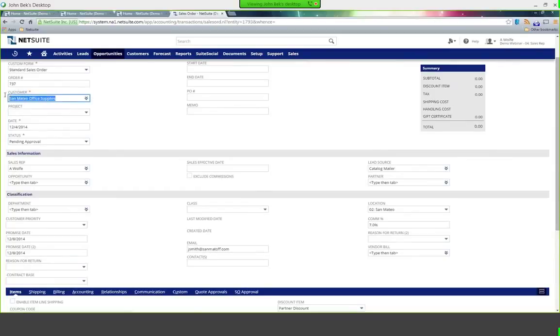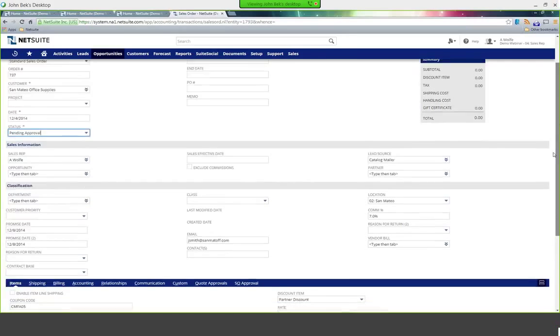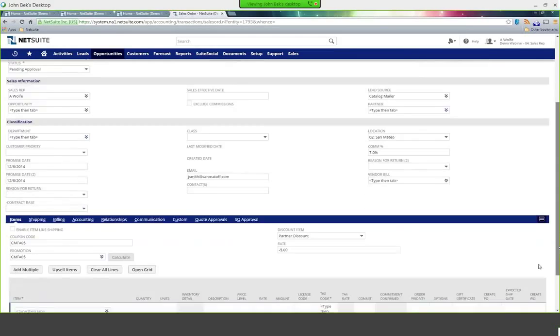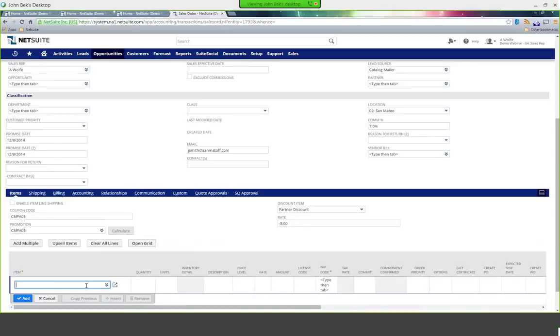You can see that the name of the lead, which is now popping into a customer because this is going to be an order, it's going to be created with a status of pending approval. Potentially might need sales director approval, potentially might need credit approval since it's a new customer, depending upon your own process and workflow. But what I'm going to do is bypass some of that and just come down in here and key in some items for sale just to keep it simple.